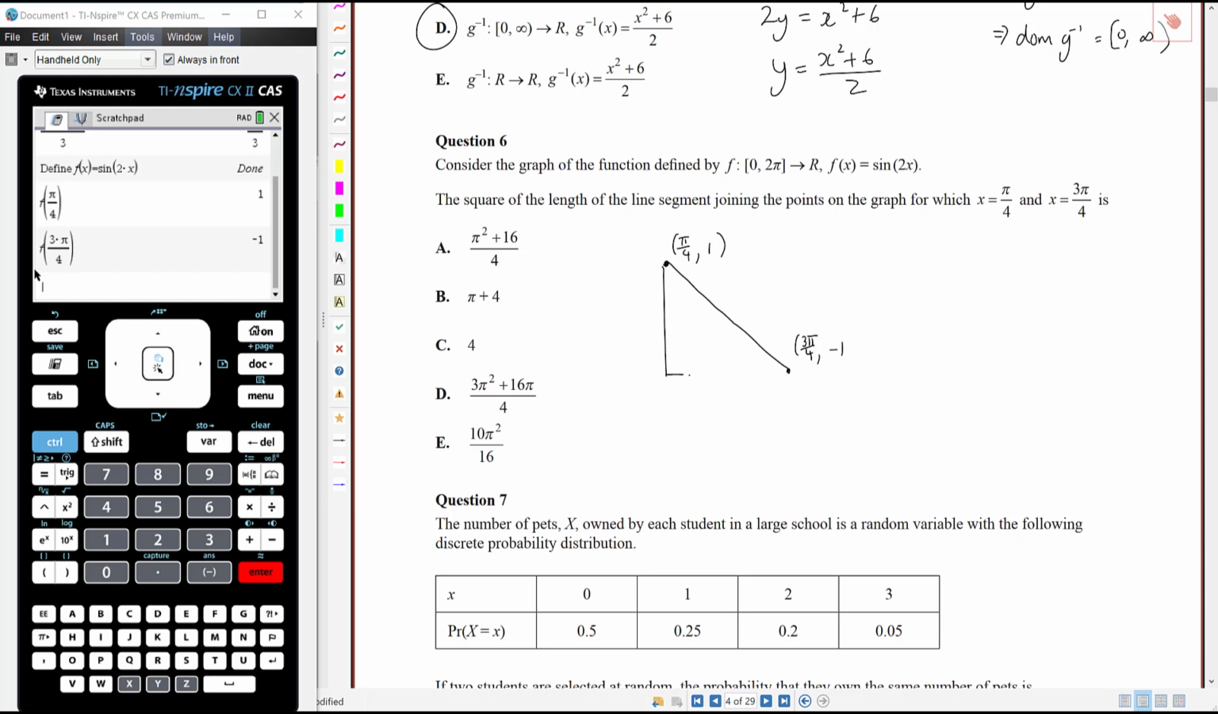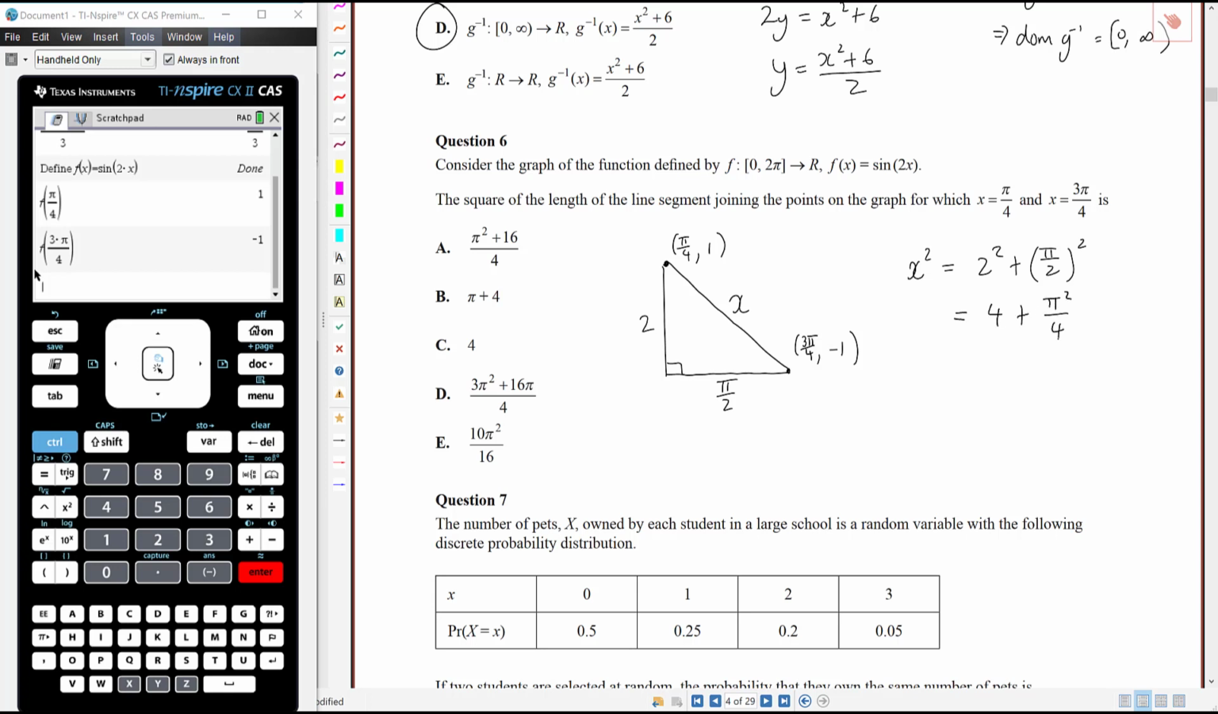Okay, so the rise, the difference between negative 1 and 1, is clearly 2, and from pi on 4 to 3 pi on 4, that is pi on 2, or 2 pi on 4. And so therefore, we want to find this length here. Pythagoras tells us that x squared is 2 squared plus (pi on 2) squared, so that is 4 plus